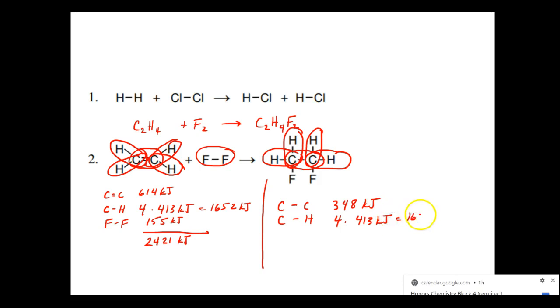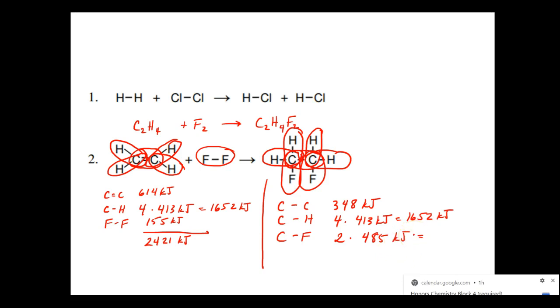That's 1,652 kilojoules of energy. And then the last type of bond I have is a carbon-fluorine bond. I have 2 of those. In that case, the carbon-fluorine bond releases 485 kilojoules of energy, and I multiply that by 2 to get a value